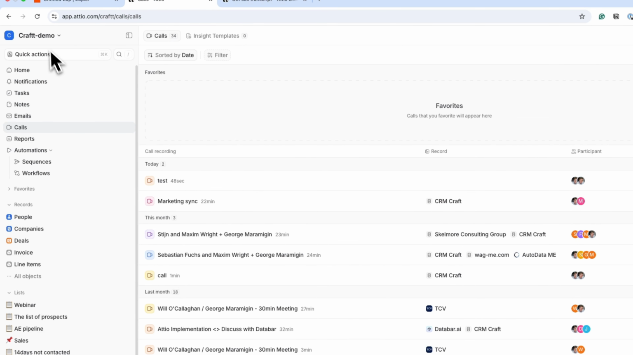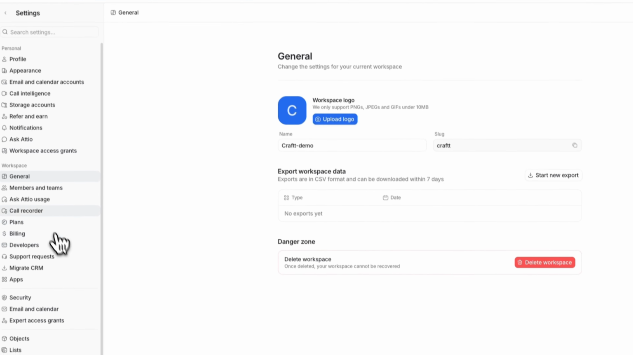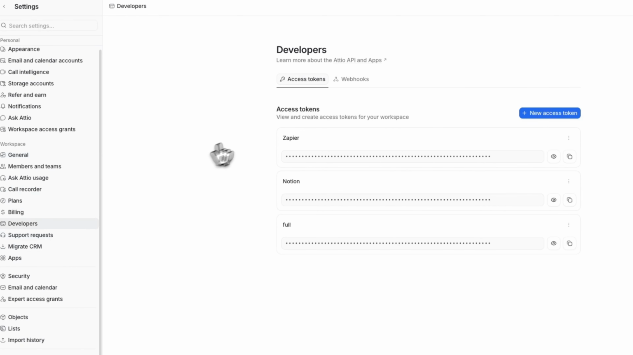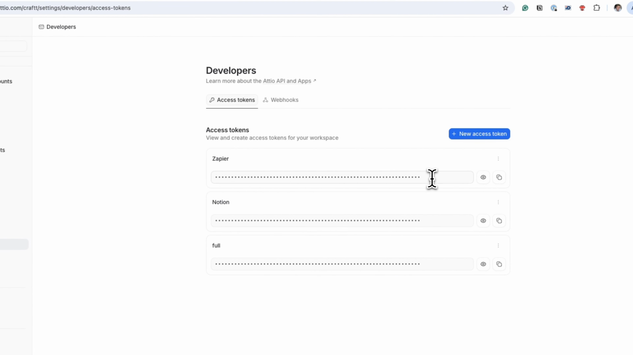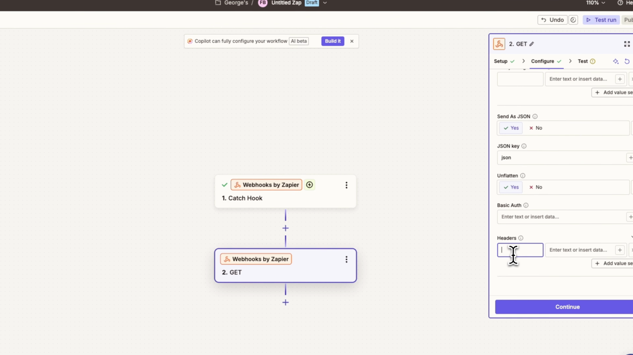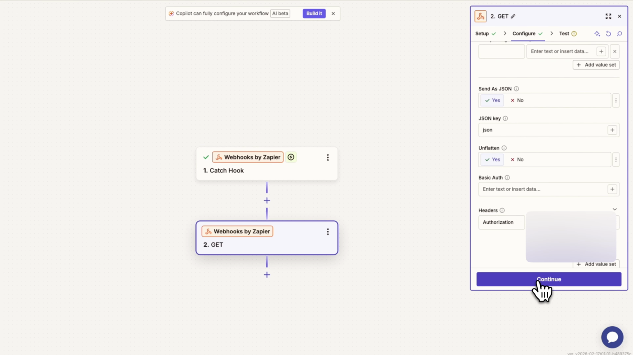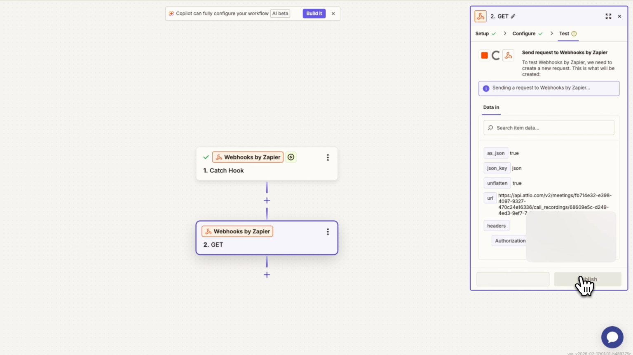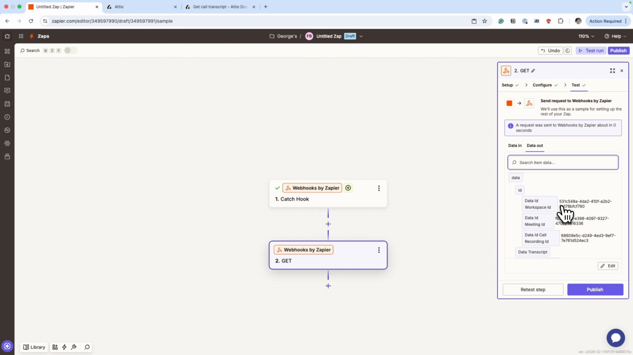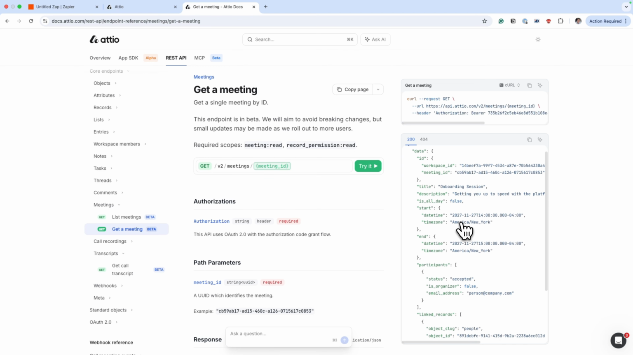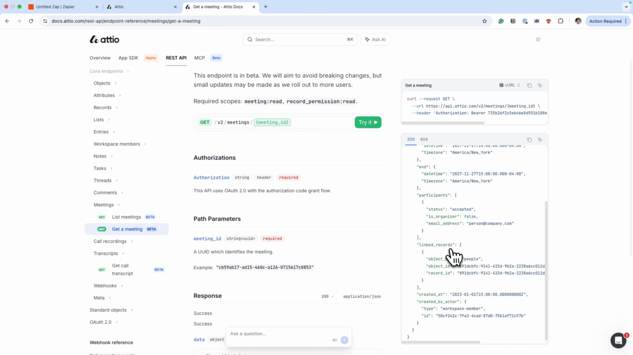We can find it here. When you create a connection to the Zapier, you create access token, and this is your authorization code. Just copy it, write down authorization bearer and paste your access token. Continue. Test step. If you want to get an additional information like your participants, title, description, when this meeting was,